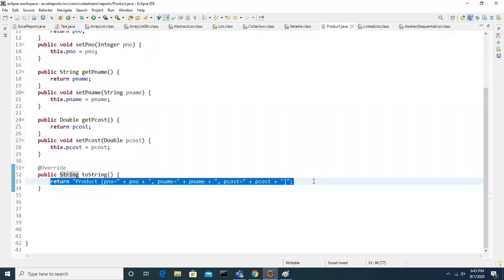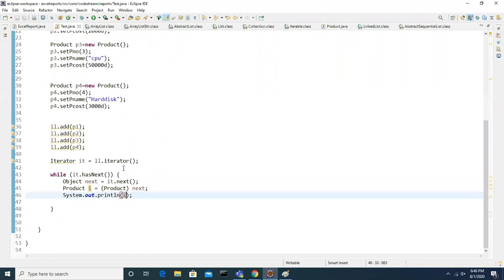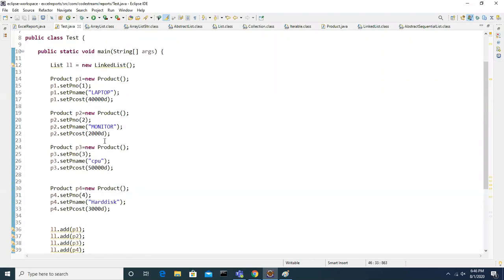So this toString method is not only for this; for any object we try to display, by default it will call it. If you want to change the representation, you can always override the toString method. So this is how we can add custom objects by providing the logic, adding the elements and all.